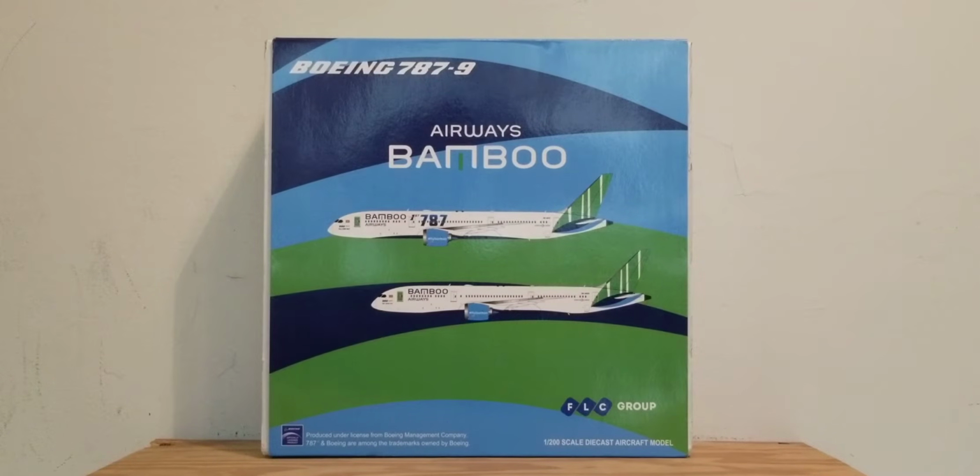Also, as of May 2022, or at the time of this video review posting, Bamboo Airways is one of 150 airlines in the world of aviation that currently operates as a certified 3-star airline carrier, according to the international airline review firm Skytrax magazine. Alright everyone, let's take a look at the front of the box here, and what you